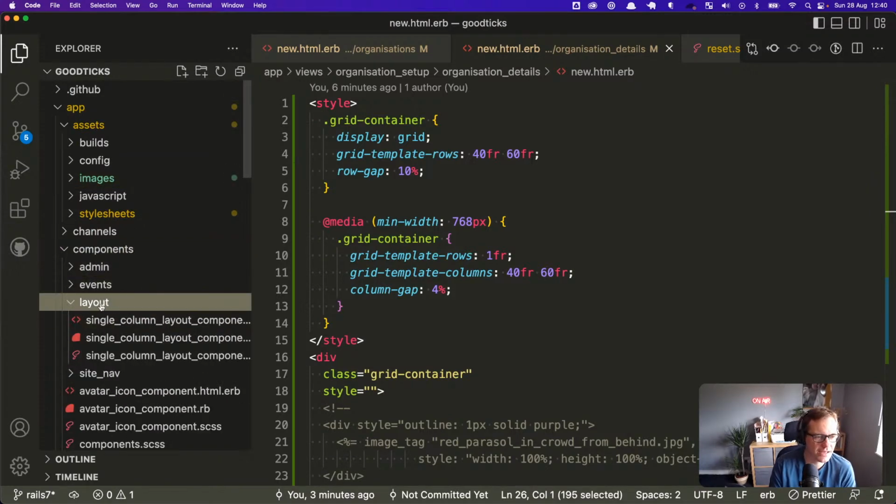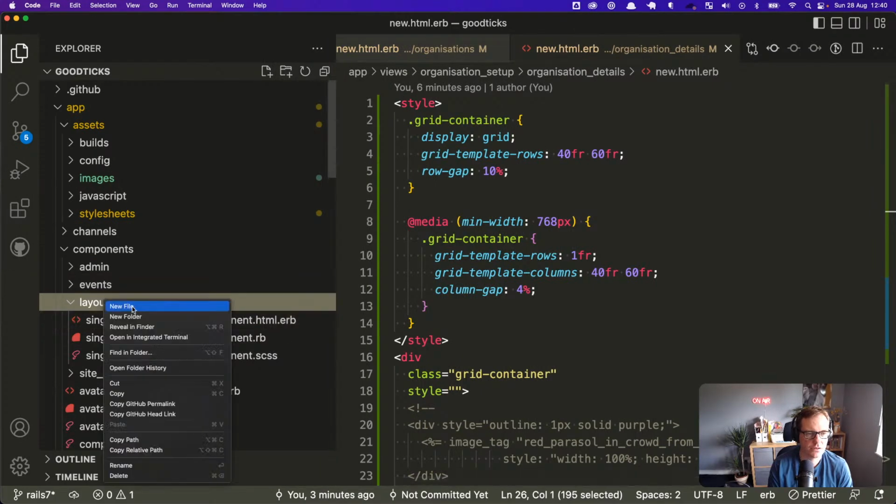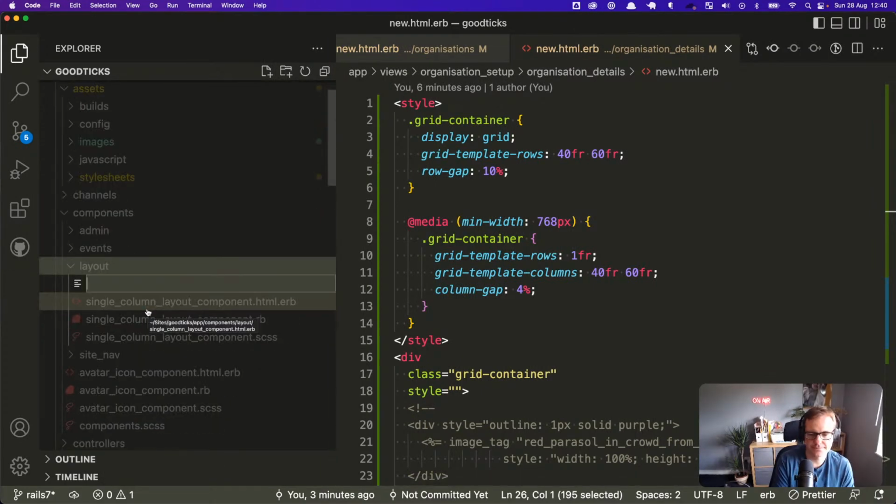Okay, so we have one for layout. Let's give that a try. Well, we're experimenting with stuff. So we've got one called single column layout component. So this could be